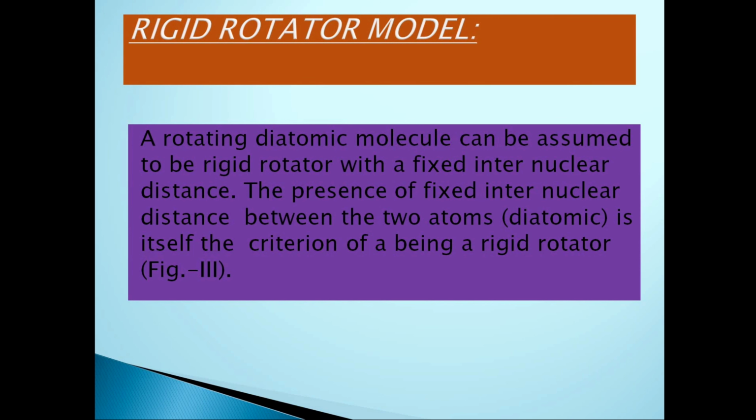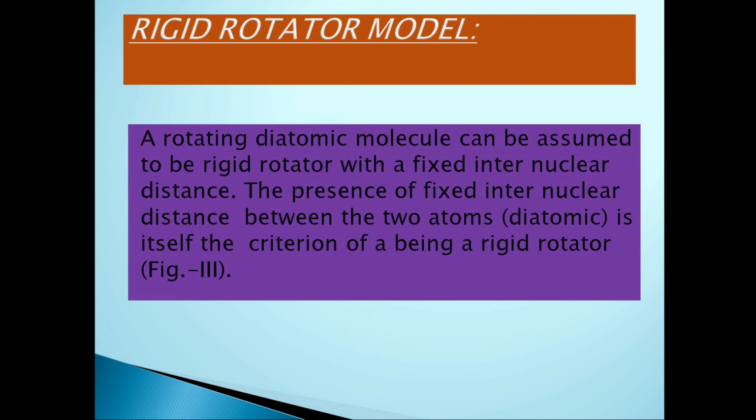Now we have adopted a rigid rotator model. That is, the diatomic molecule, in which there is no change while rotating. In any kind of change we don't find when this diatomic molecule is rotating. So that is why we say it is a rigid rotator model. So molecule may be non-rigid. That is why we have to note it as a rigid rotator model.